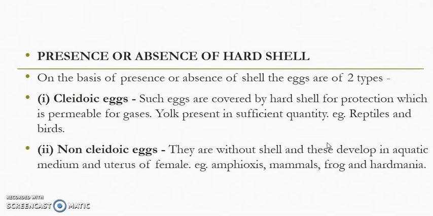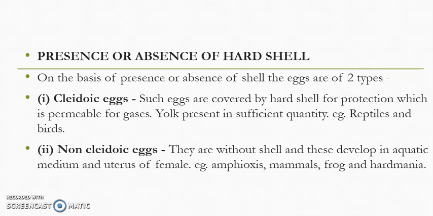On the basis of presence or absence of the shell, eggs are of two types. One is called cleidoic and the other is called non-cleidoic. Cleidoic eggs are eggs which have a shell present, and examples are birds, reptiles, and egg-laying mammals. And these are the non-cleidoic eggs. These are the eggs that do not have a shell, the shell is absent,